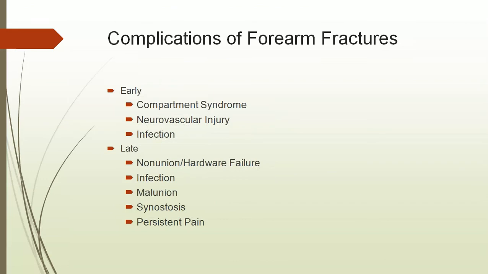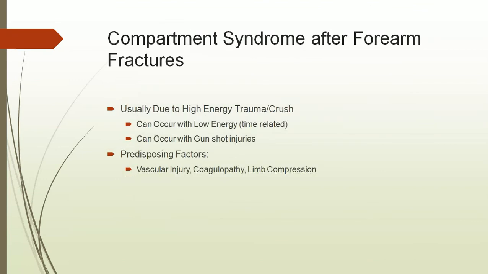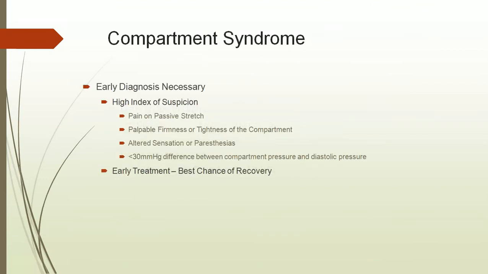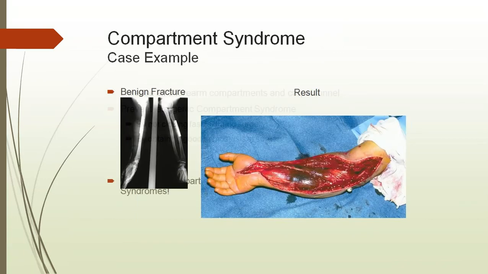That's why while doing plating or closed nailing, you must be very careful not to fix the distal fragment of the radius to the proximal fragment of the ulna. That results in synostosis. So these are the complications: compartment syndrome, and, see, compartment syndrome means there is increased pressure in the compartment of the forearm. If you neglect this, what happens to the muscle? See what happened to the muscle here after opening in compartment syndrome. How is the muscle here? Color.